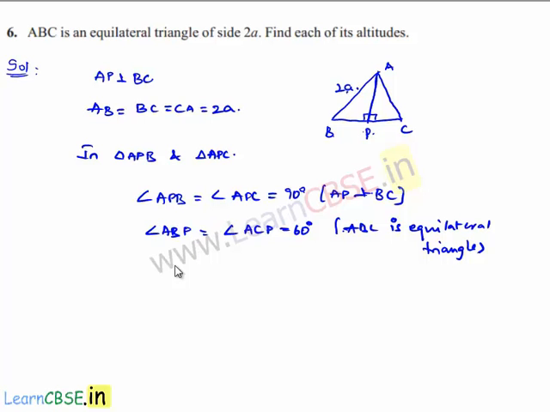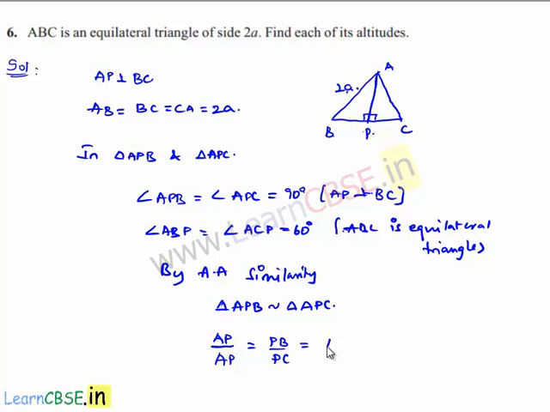According to AA similarity, we can say triangle APB is similar to triangle APC. Then we know that when two triangles are similar, the corresponding sides will be in the same ratio. Here we get AP by AP is equal to PB by PC is equal to AB by AC,